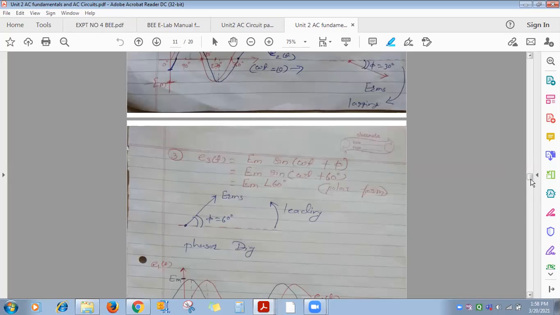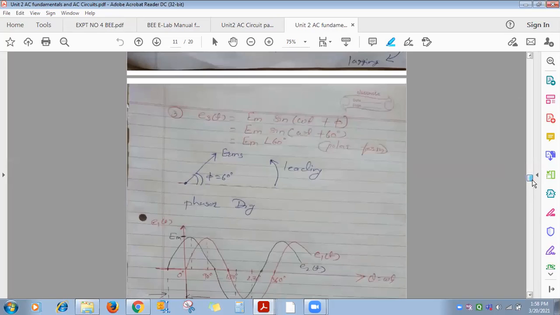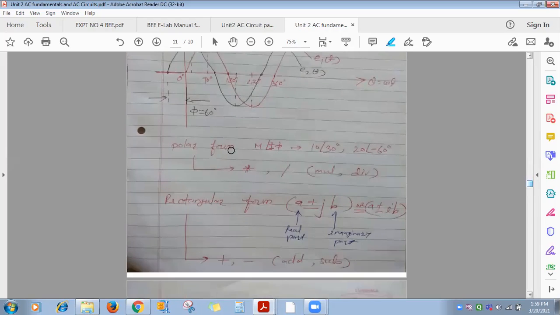You can make those calculations easy. Rather than doing addition, subtraction, multiplication, division in instantaneous voltage or current equation form, a better option is to convert them to polar. Once the terms are in polar, voltage and current, then multiplication and division you can carry out easily. But whenever you want to do addition and subtraction, that you can't do in polar. For that, the terms must be in rectangular form.